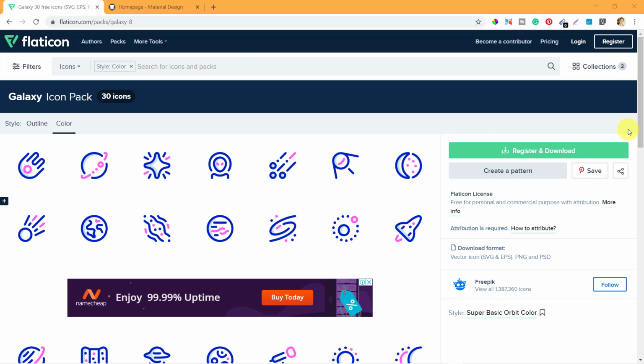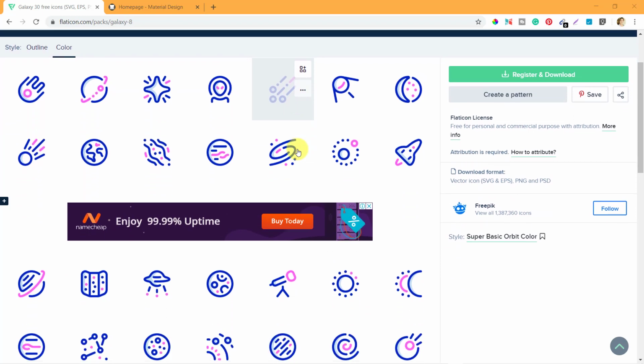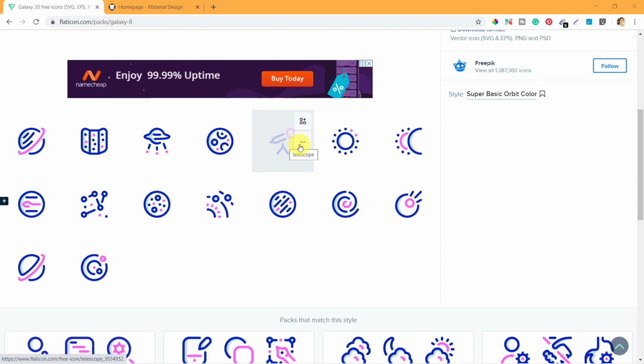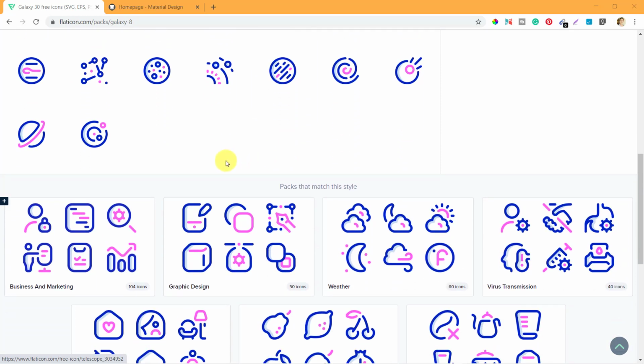Hello, welcome to this new video where we're going to talk about customizing icons. Now, when you go to different websites like flaticon.com, you see this kind of icons which are of two different colors. These are actually used for branding, where one or two of these colors match the brand colors of your website or whatever you are creating. It can be your website or mobile app or anything where you are using the icons. It can also be used for your presentations as well.